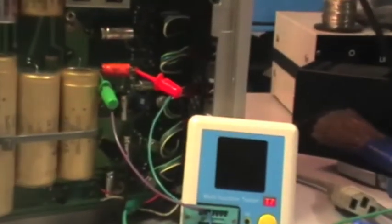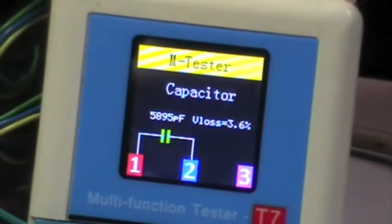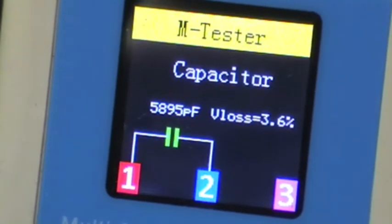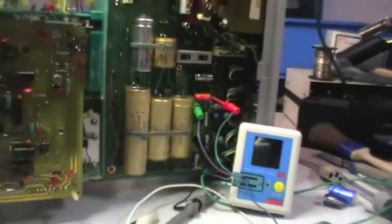Well, I have removed 6.6 and tested again, and look at that, 5000 picofarad. So it's a bit less than 6 nanofarad. Of course, it's an open capacitor and must be replaced. So hopefully this will improve a bit the behavior of this